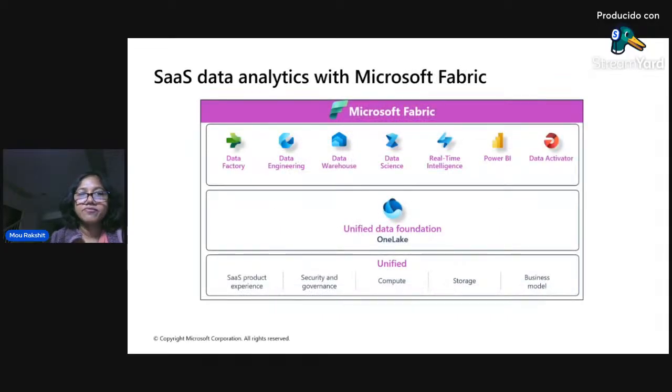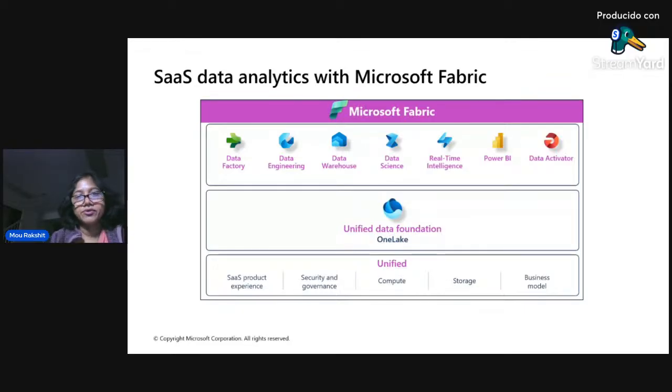Next is Microsoft Fabric, which is a SaaS solution, software as a service solution. So in this case, the solution is giving you all of the different workloads that you may need in your data platform, whether it is orchestration through Data Factory, or building data engineering pipelines, or building dimensional data models in your data warehouse, or, for a machine learning data scientist, doing ML models, model training, model inferencing, and whatnot. Or if you are doing real-time analytics, you are bringing the data in real-time mode instead of batch mode.